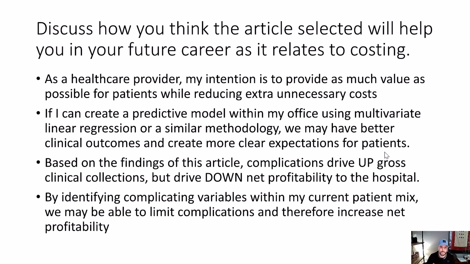with these types of complicating factors, comorbidities, age group, whatever it might be, these people are more likely to respond in a certain way. And that'll obviously help to, based on what this showed, complications drive up the cost. So it's going to drive up the total collections, which is great, but it drives down that net profitability because of the additional expenses. So if we can identify what those additional expenses are, eliminate those, and then identify what those complicating factors are, so we can be proactive in our approach versus reactive and obviously